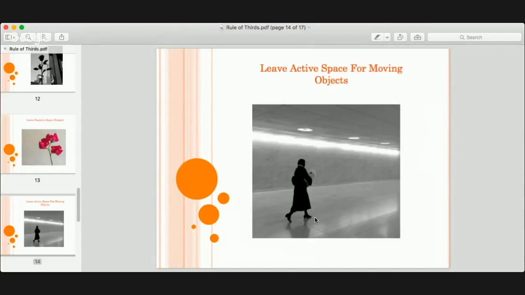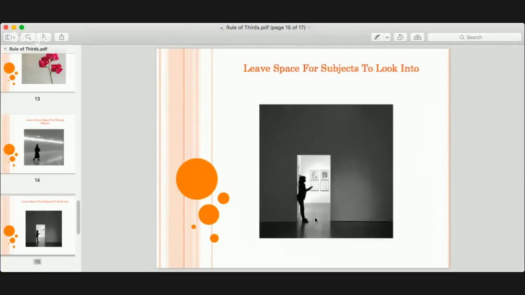Number 8 tip is leave space for a subject to look into. So in this case, there's a gal and she's leaning against a wall at a doorway. And the way that this is positioned, you can see her looking further right into that secondary room.